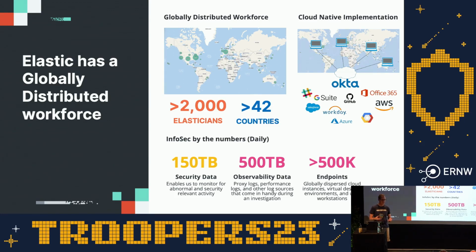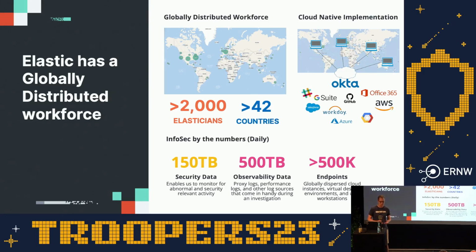So for the last 10 years, Elastic has been a globally distributed company. We have some offices, but they're basically co-working spaces with good Wi-Fi and an even better free snack bar. And that's about it. You don't actually get anything from going into this office. You don't connect to the LAN. There are no file shares. You don't have special privileges. You don't get behind the firewall. There's none of that. And so how do you protect this workforce?